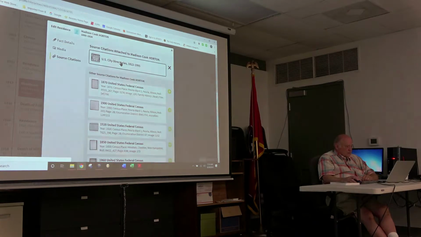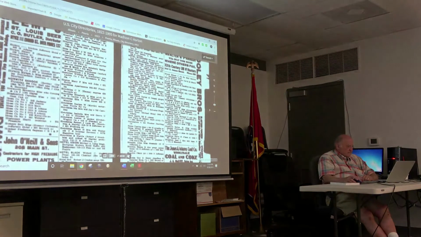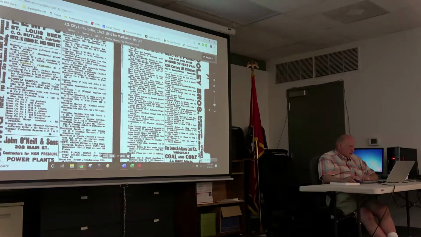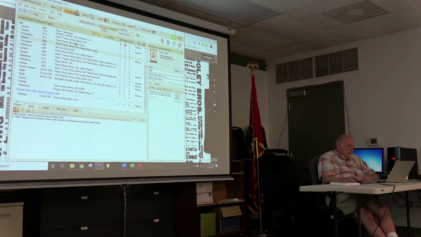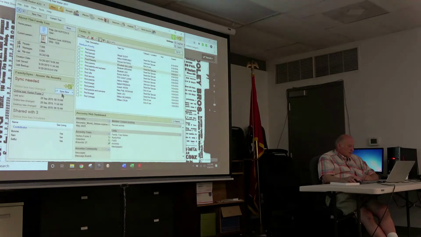And there's the city directory, and there's the page in the directory, and here's Madison, wife Catherine, and they're living at 1000 North Madison Avenue. Okay? So when I go back to Family Tree Maker and now do a sync on this, what it'll do